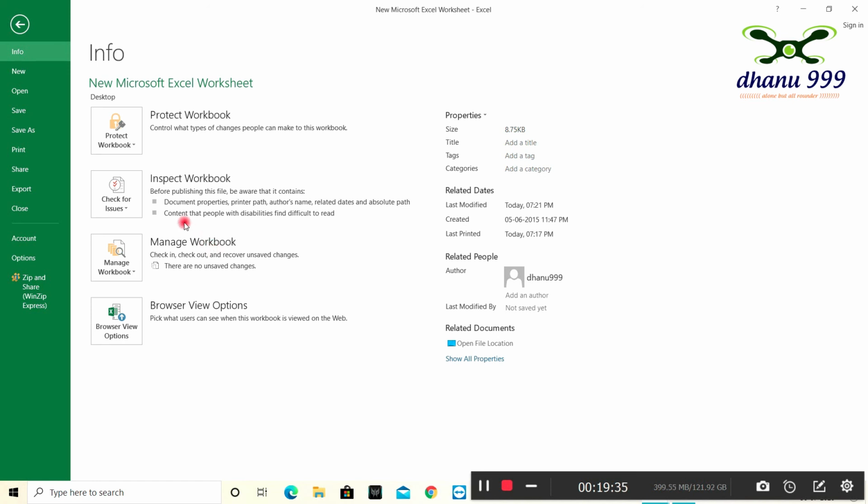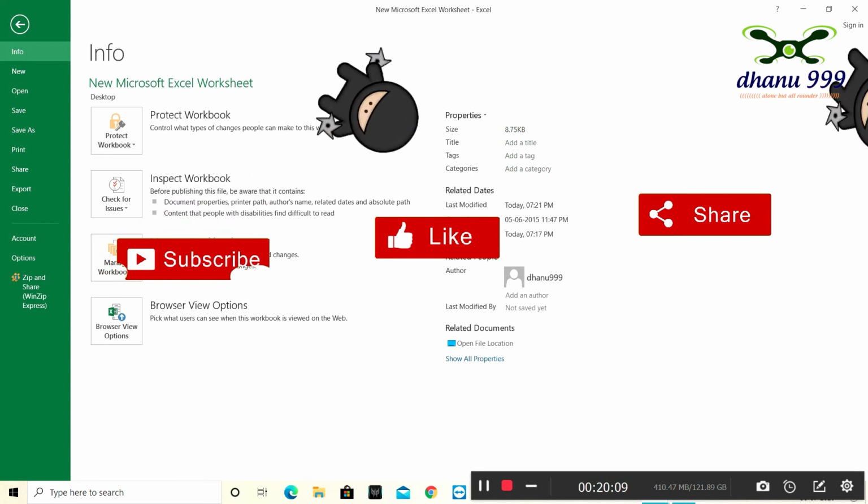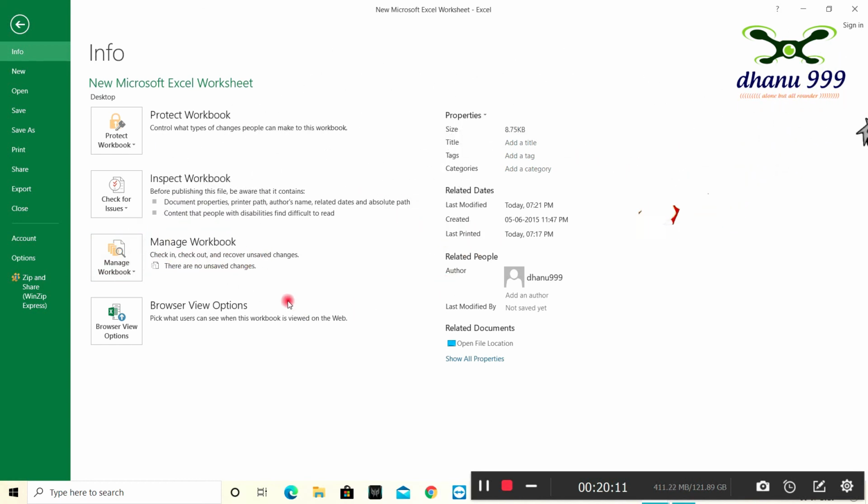And last, there is one more, manage workbook. This is very important. If we have saved, then we can open and take it. If we are preparing a file or a sheet, and then the current one is gone, then it is unsaved. Then the unsaved ones are located in manage workbook. If we click on this, we can open what we were working on recently. Like this, it is useful. Manage workbook. That's about this class.